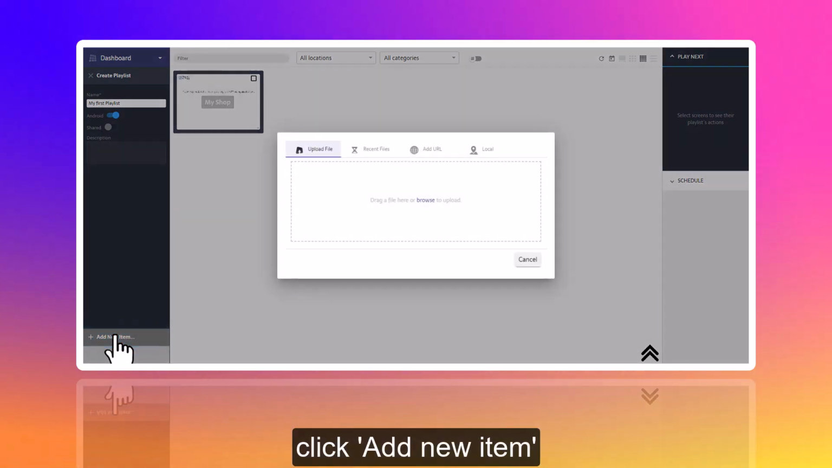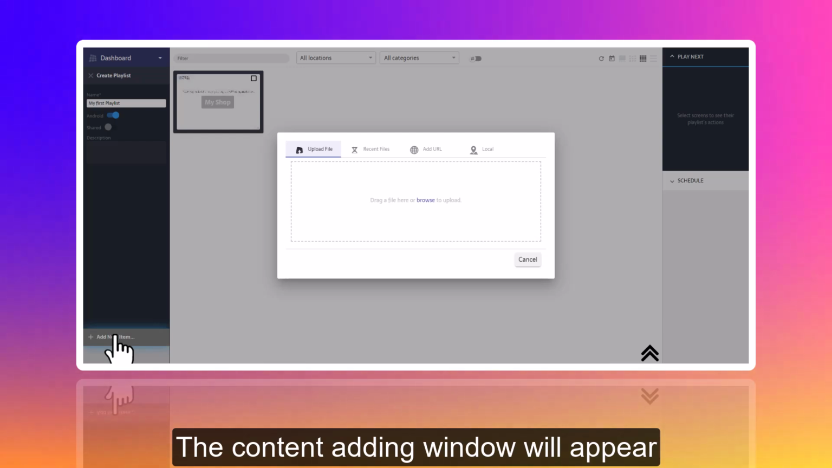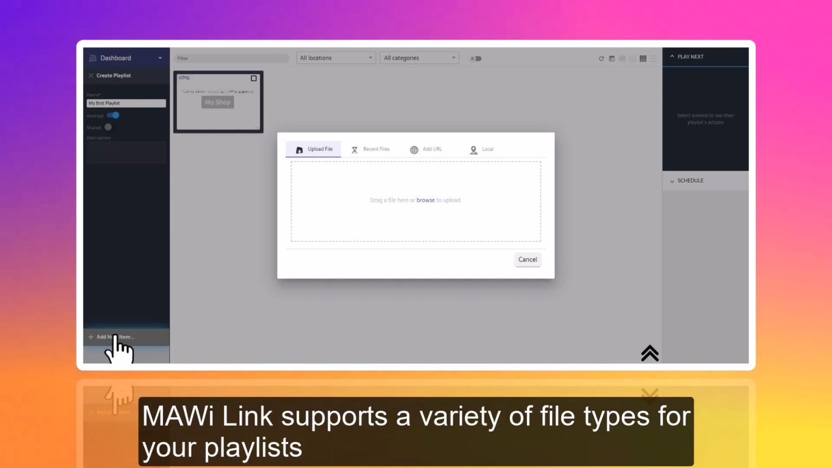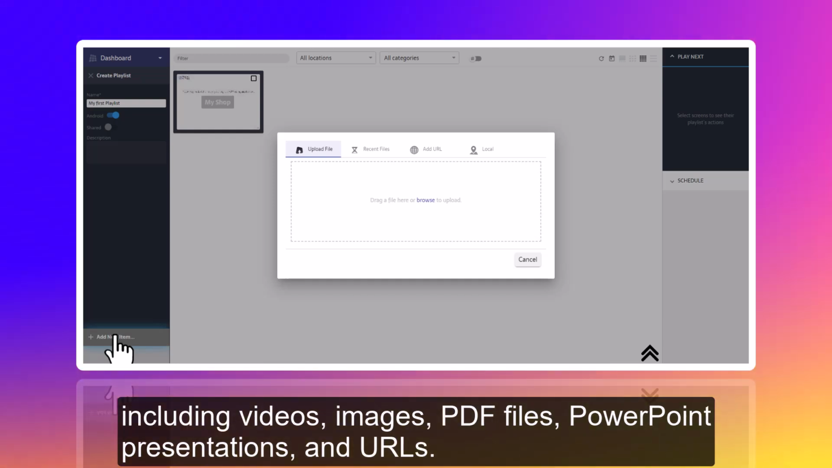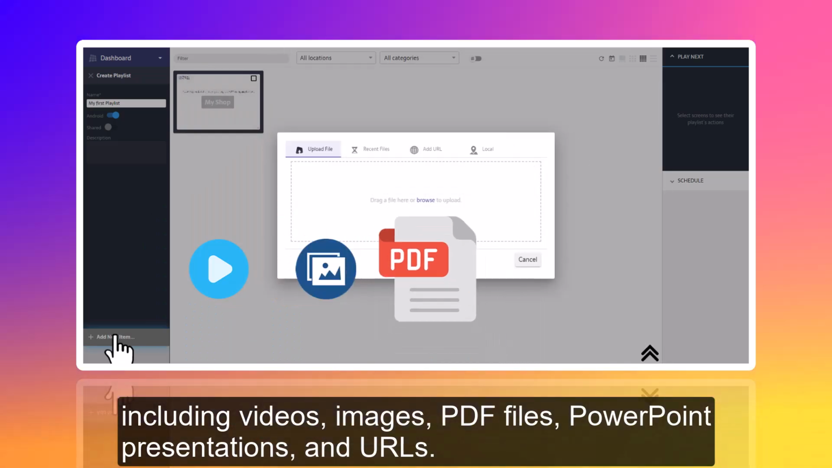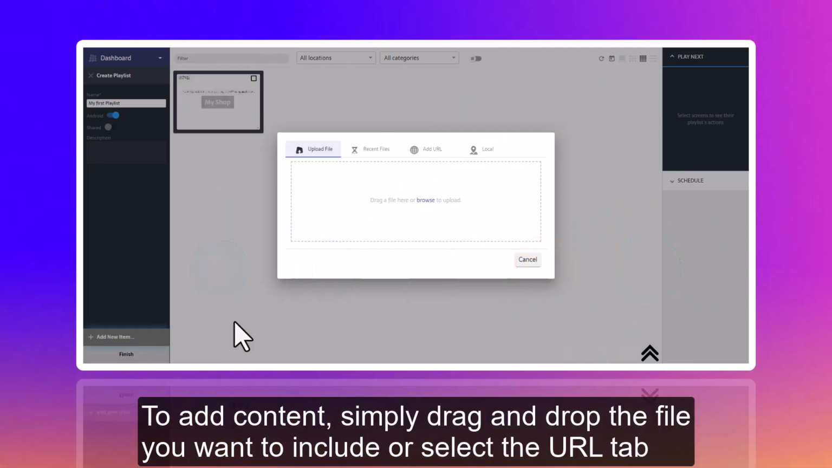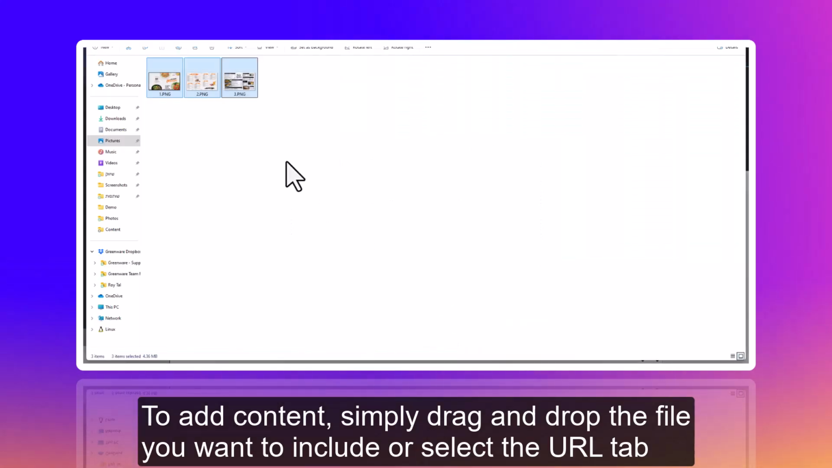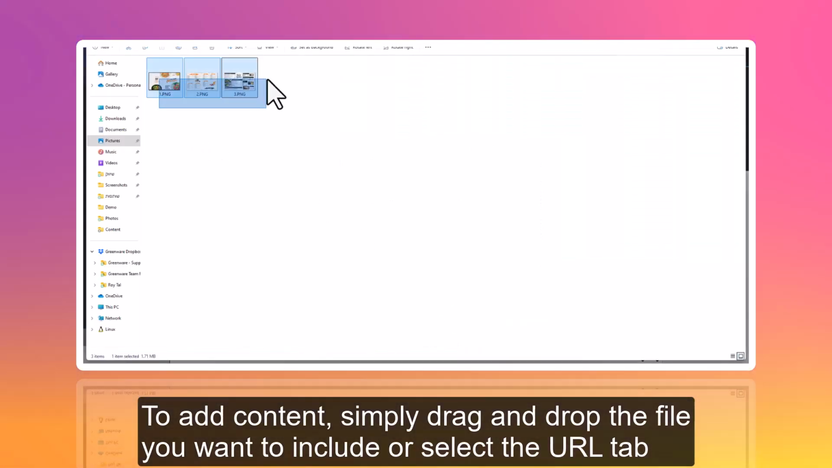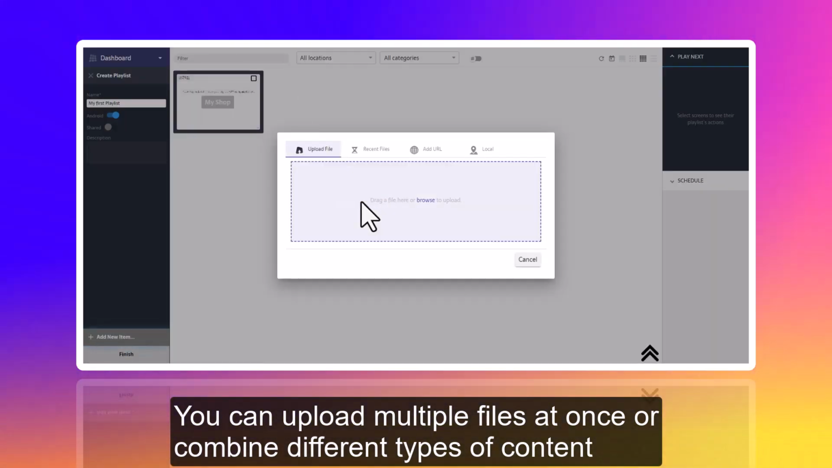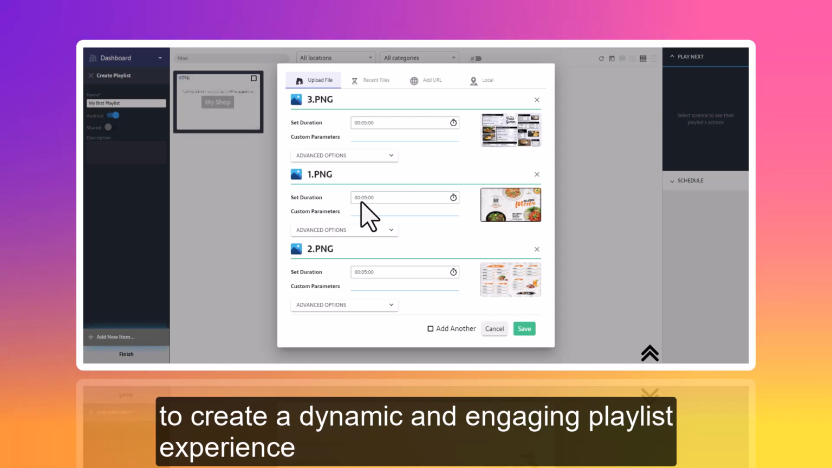Click Add New Item. The content adding window will appear, allowing you to start adding various types of content to your playlist. MAWi Link supports a variety of file types for your playlists, including videos, images, PDF files, PowerPoint presentations, and URLs. To add content, simply drag and drop the file you want to include or select the URL tab. You can upload multiple files at once or combine different types of content to create a dynamic and engaging playlist